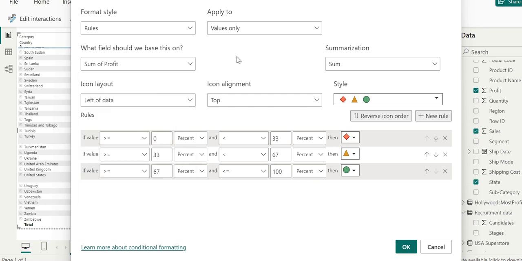Summarization function should be sum, and the icon layout we may change. Left of the data, icon only, or right of the data, it's your choice. You can customize things according to your requirement. Icon alignment you can change to top, middle, bottom. We are just going with the default setting. Style,